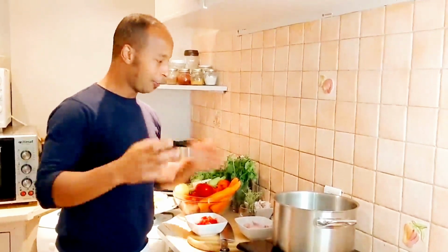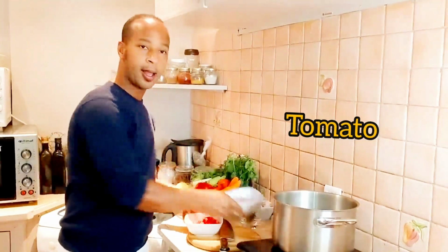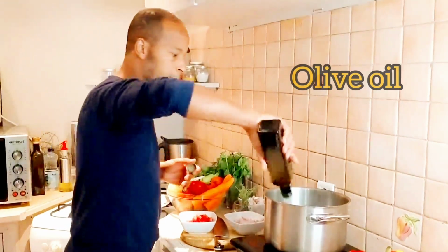For this delicious healthy recipe, I'm gonna use quinoa as I told you before. And for my vegetables, I need 1 tomato, half onion, then 1 zucchini, cabbage, pumpkin, carrots, and I will use today as a meat chicken breast. You will really love this recipe. So let's start. So in a hot pan, olive oil,